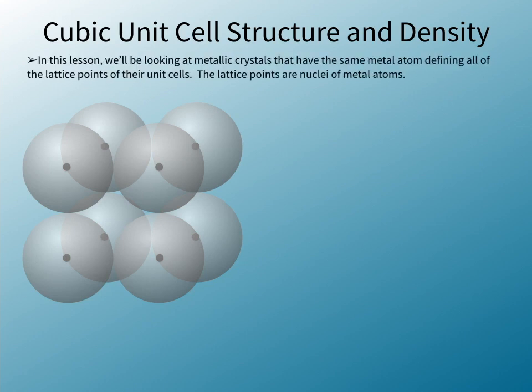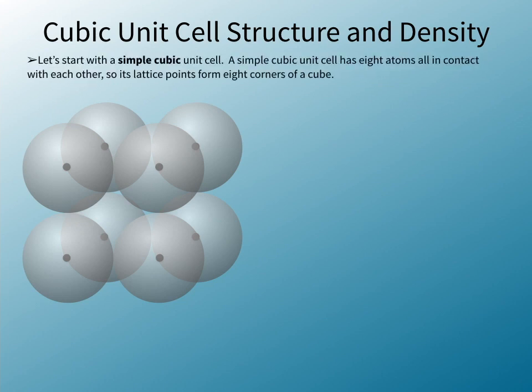In this lesson, we'll be looking at metallic crystals that have the same metal atom defining all of the lattice points of their unit cells. The lattice points are nuclei of metal atoms. Let's start with a simple cubic unit cell. A simple cubic unit cell has 8 atoms all in contact with each other, so its lattice points form 8